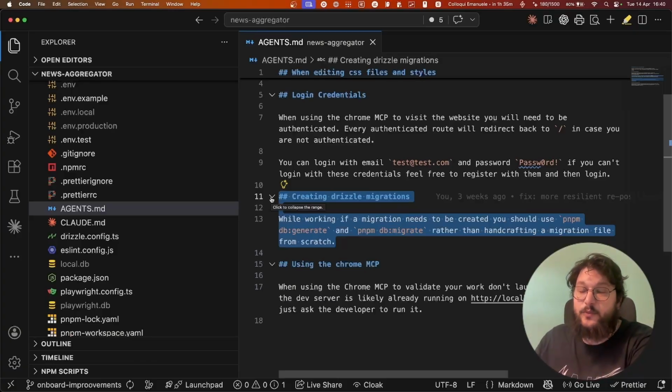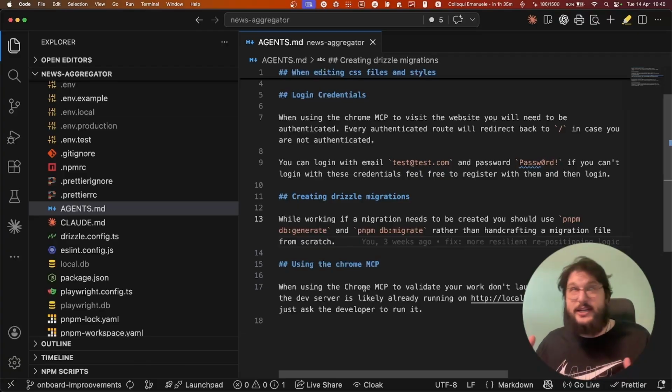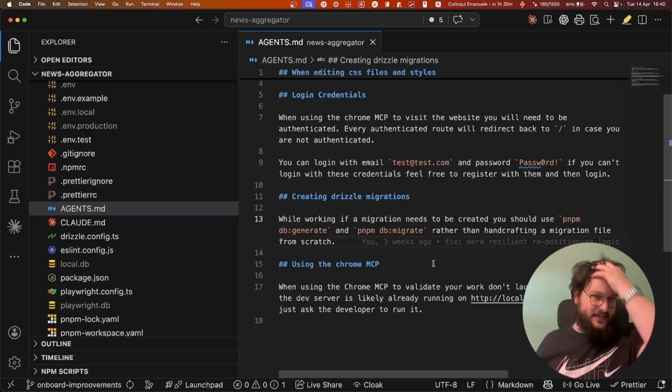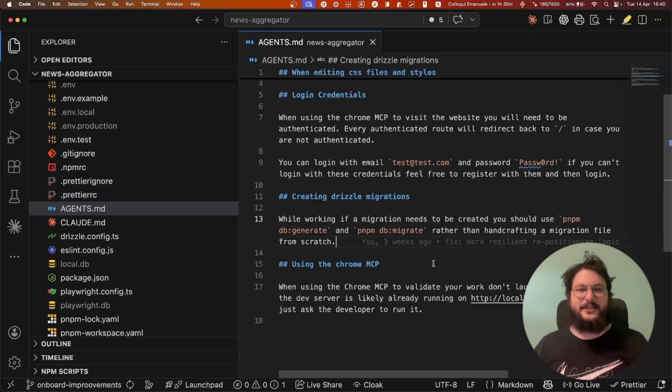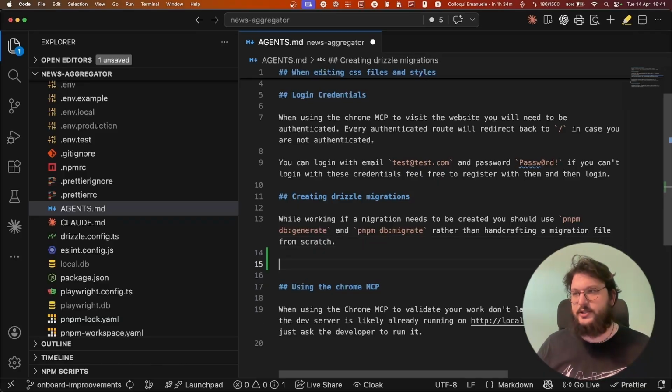I noticed that whenever I ask the agent to add an end-to-end test, it is running the playwright script by hand. And to be fair, it is doing it to pass a filter option. That said, I still don't like the fact that by default it's running the CLI without going through the package.json scripts. So I want to add something specifically for that. So running